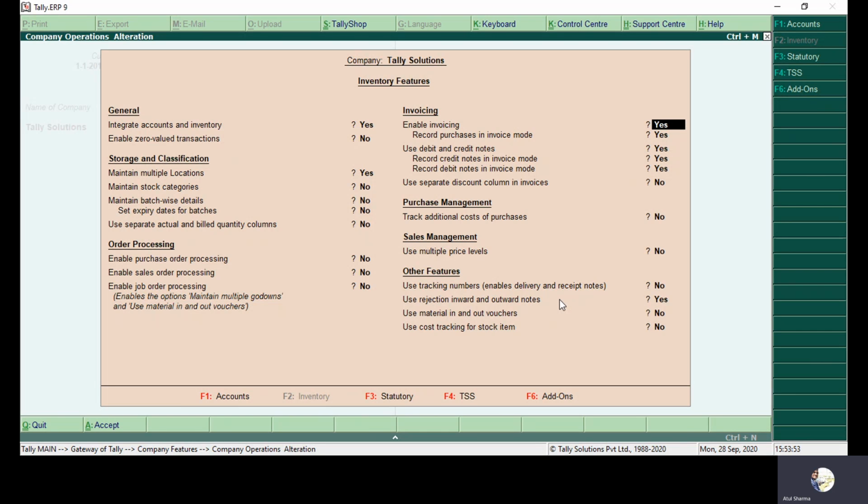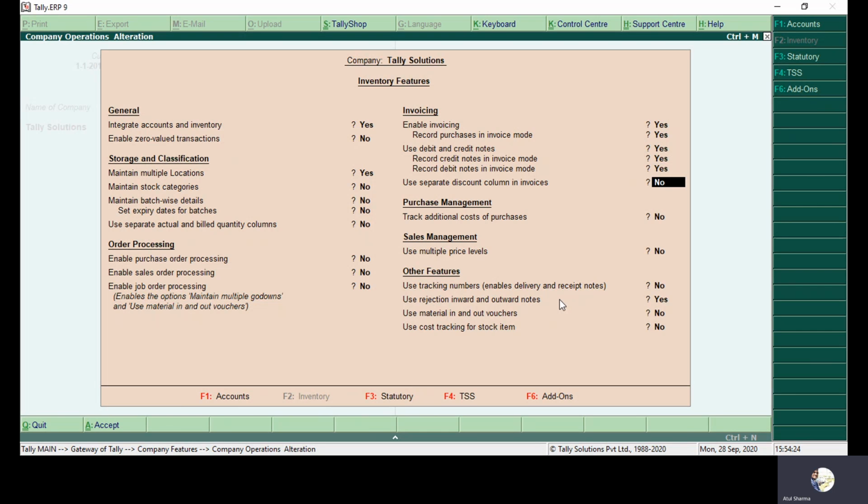Here, enable invoicing. In some cases, if you are recording the purchase transaction, you may see that you are getting only voucher invoice mode, double entry mode. You are not getting accounting invoice or inventory invoice method. In this case, you need to enable both of these features. Once you enable them, you will get it. Here you can see the debit and credit note. You already know. You can enable this particular feature, then only the voucher type will be reflected there.